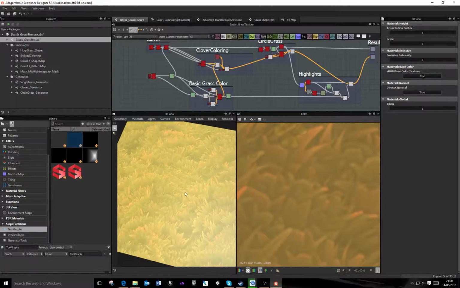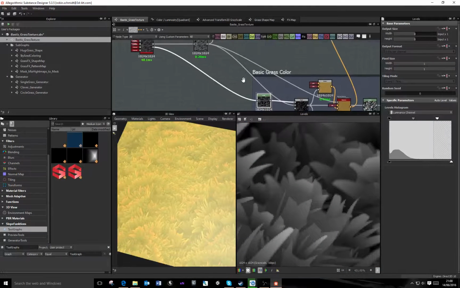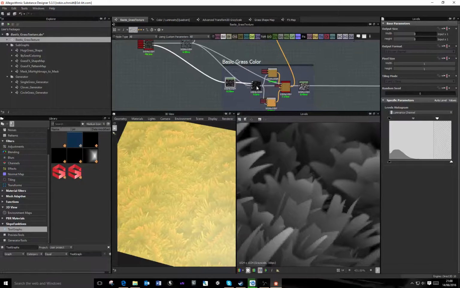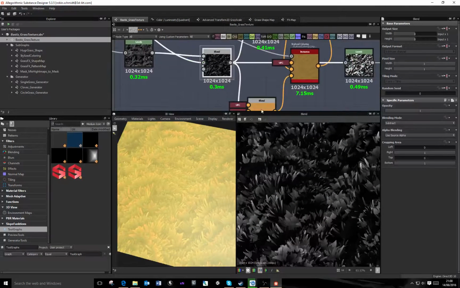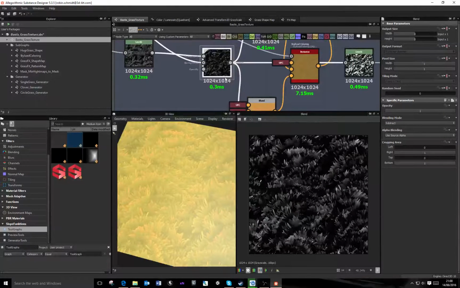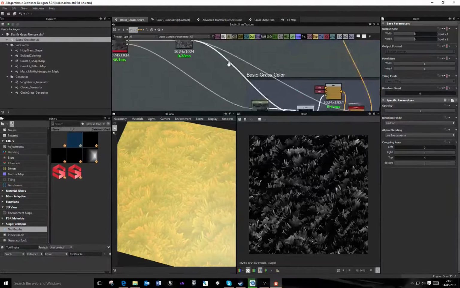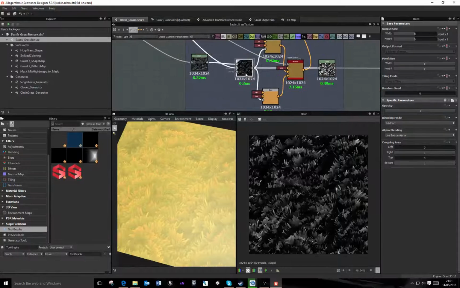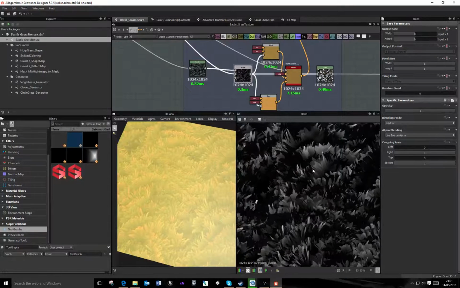Okay, continue with the grass basic color. I use the height map. I don't know why I level it up 2 times or 3 times. Okay, that's my. This looks a bit weird because I subtract the main from the mask, or I subtract the mask from the main, to get this shape. This is looking pretty weird, but